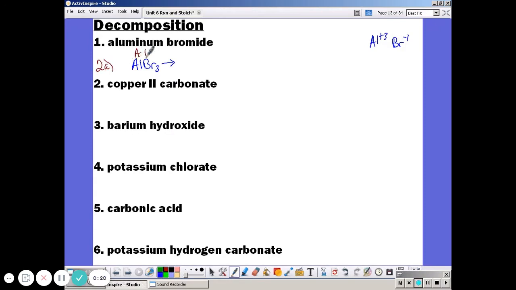Will decompose into A plus B. Well, A is aluminum and B is bromine. Now I have to think about the Hofbrinkel because I have elements. Aluminum is not a part of Hofbrinkel, but bromine is, so we'll need to put a 2 there. Notice that the subscripts are not the same, and they are typically not the same, so we have to balance